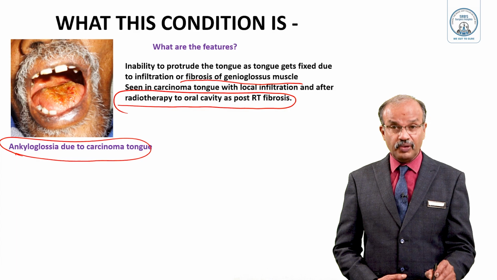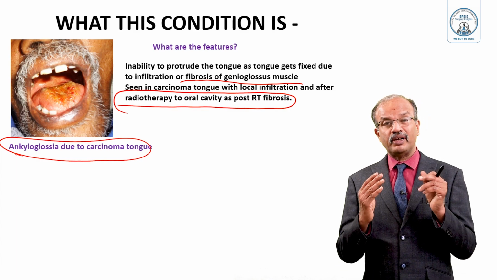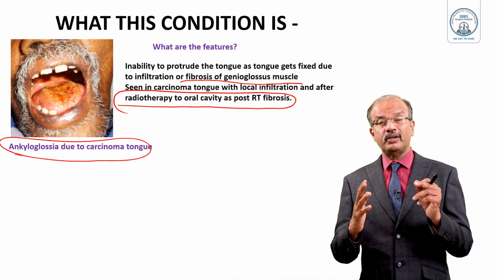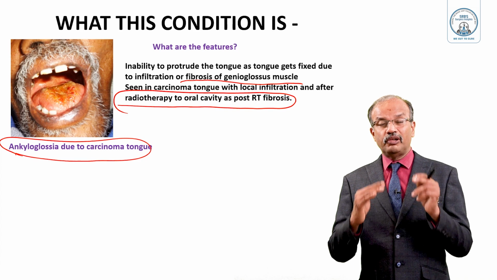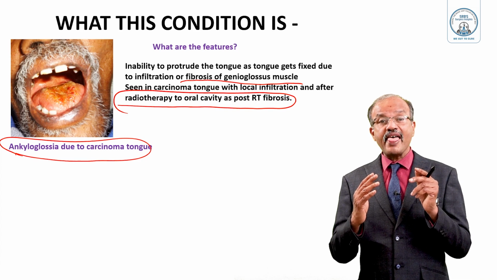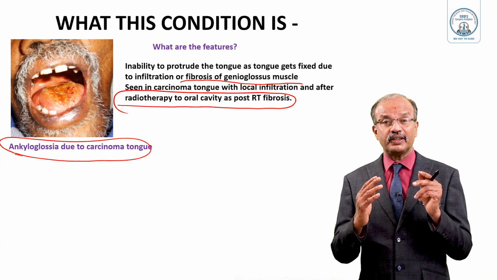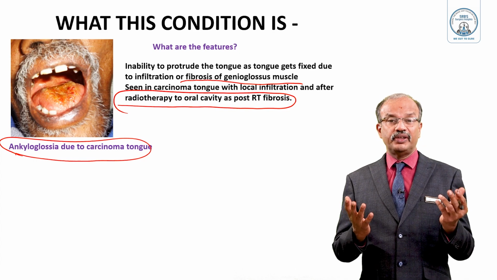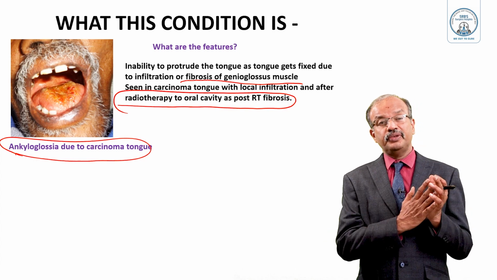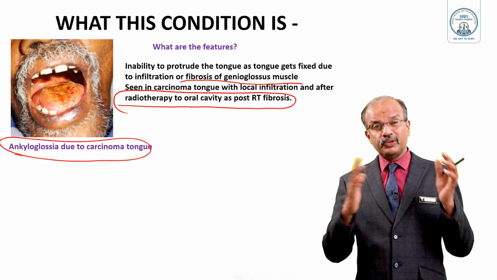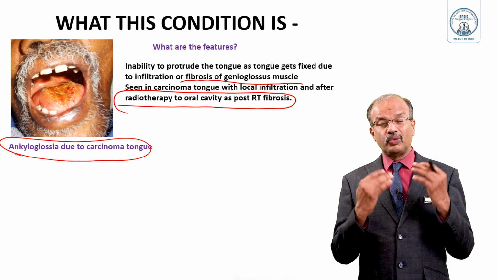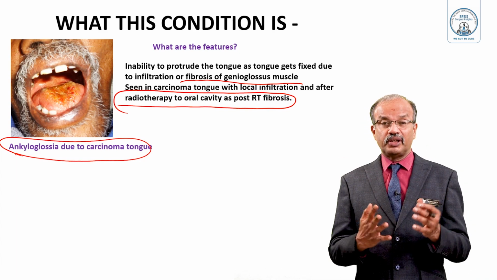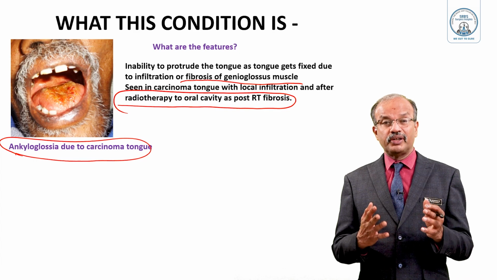So that is the ankyloglossia. So in any oral cavity malignancy, in specific tongue carcinoma, you have to always look for it: ask the patient to move the tongue like this. If they won't be able to protrude it outside, then it is called ankyloglossia. It has got its own clinical value. And also if the patient has undergone radiotherapy, especially for oral malignancy, they won't be able to put the tongue out. Then also it is important, that is called